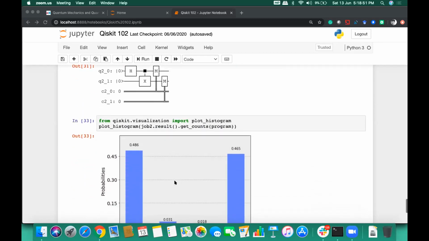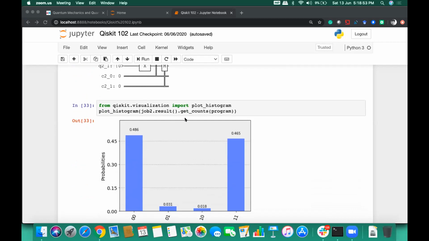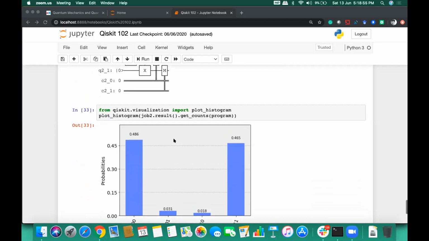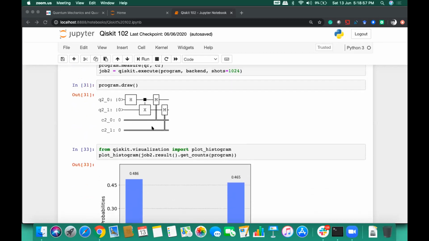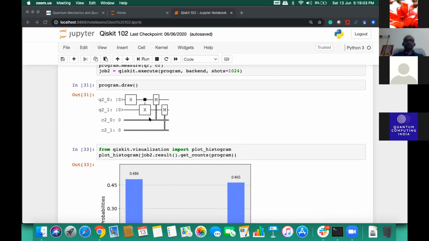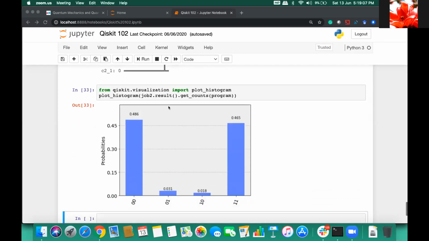In the last session, we saw how to do the visualization for the execution of a certain quantum circuit, where we took 2 qubits and created an entanglement state, and we measured the value stored in each of the qubits. After executing it on a real quantum computer, this was our result: how many times actual 0 was predicted as 0, actual 0 was predicted as 1, and actual 1 was predicted as 1.